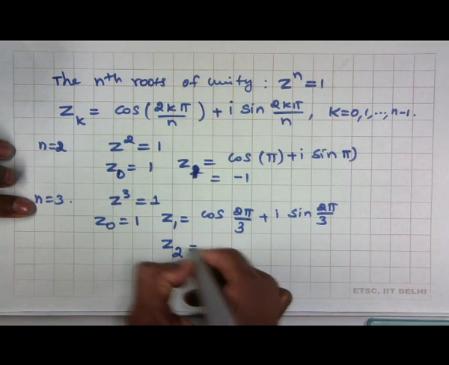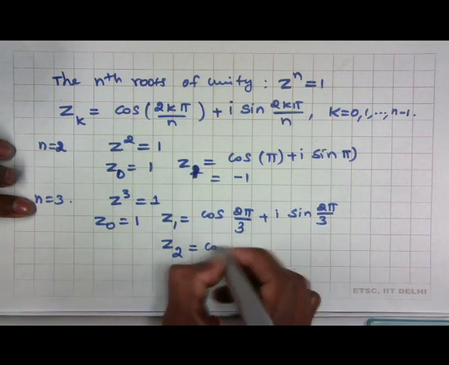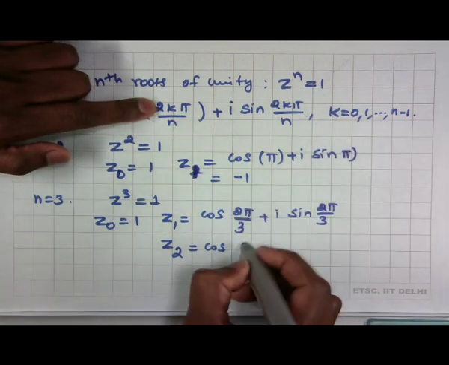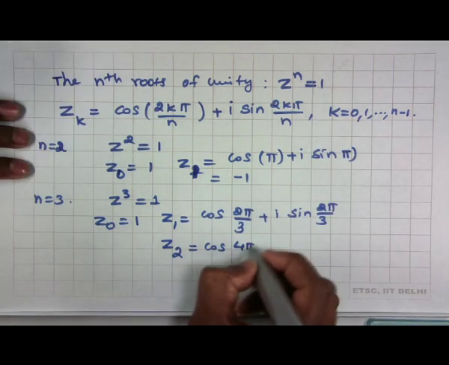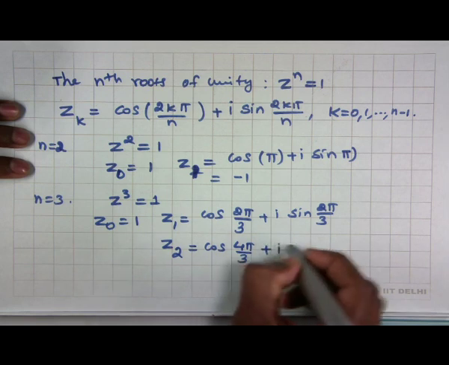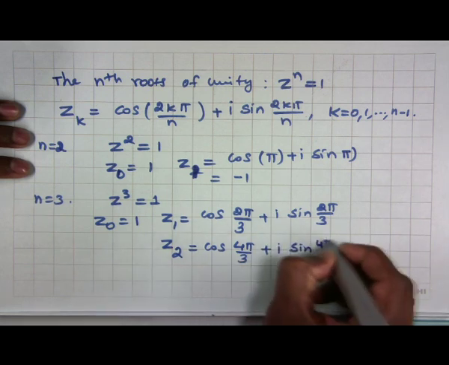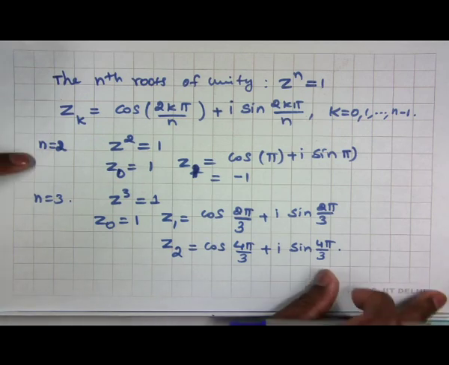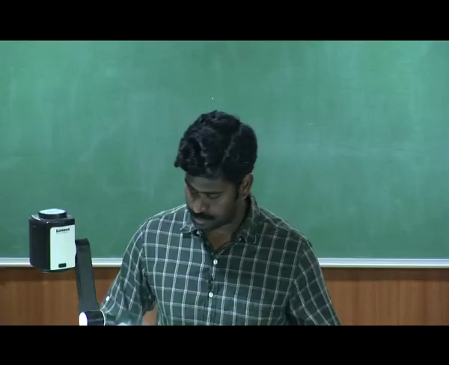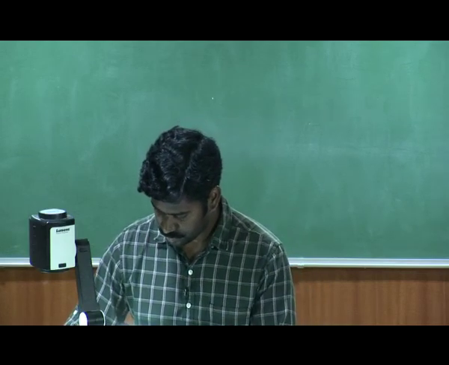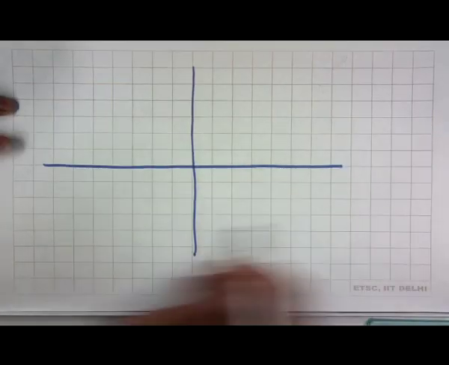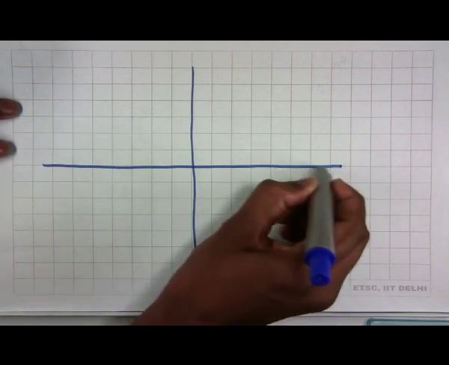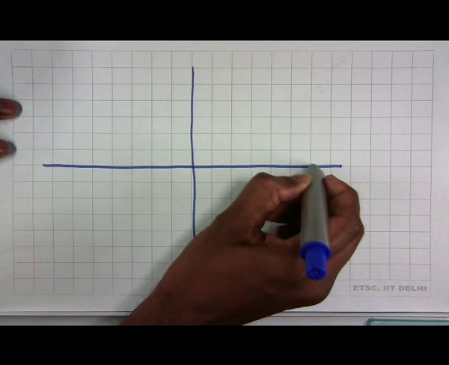z2 is, which is cos of, k value is 2, that is 4 pi by 3 plus i sin 4 pi by 3. Now let us try to visualize this geometrically. So when we take the nth root of unity,